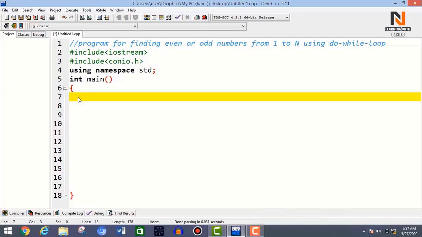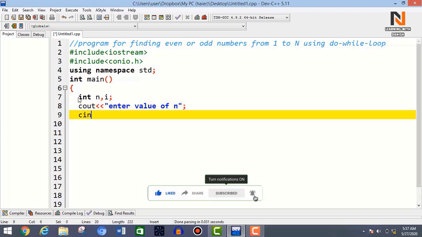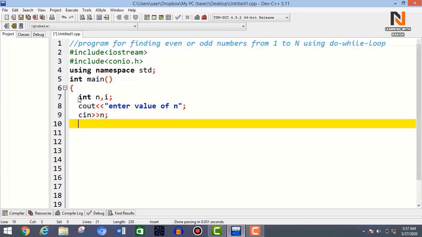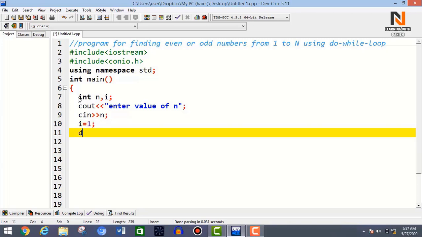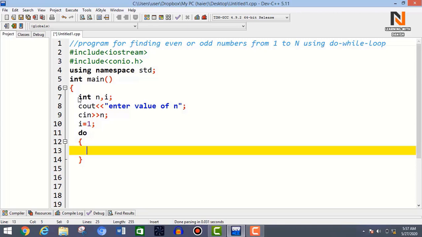So our last program is for the do while loop. In this case you have to declare int n, i; then you have to input the value of n, cout in double quotes, "Enter value of n"; and cin extraction operator, and then n; Now you have to initialize the value of i = 1; then write the do keyword and put curly brackets, cout << i << endl; It will give the value of i.